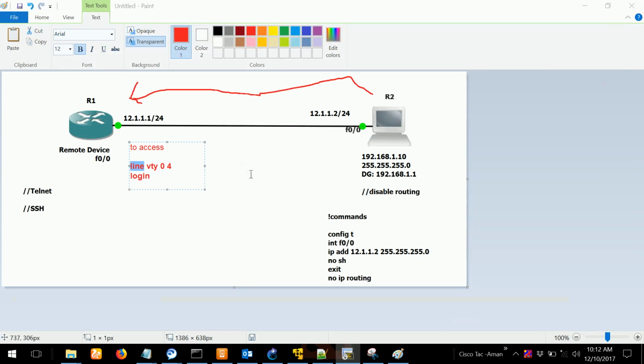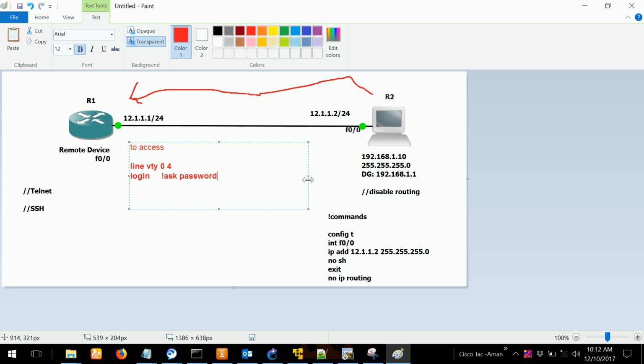So what is the meaning of this login? Some few doubts we have, like what is this login? Or simply I'll just write here the meaning of login. Pretty simple. Login means login. Go and login means ask password. We say I'm logging into Facebook, I'm logging into my Gmail. It means I'll put my credentials. So login means ask password.